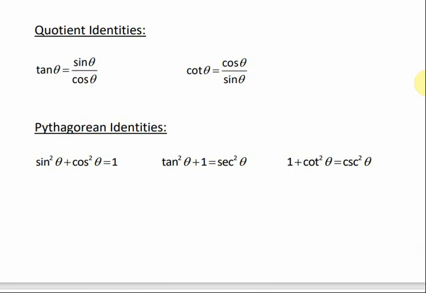And then we have the Pythagorean identities. Sine squared theta plus cosine squared theta equals 1. If you can remember that one, you can derive the other two from that identity. Let me show you how to do that. So if we were to take this first one, sine squared theta plus cosine squared theta equals 1, if we were to divide everything by cosine squared theta,